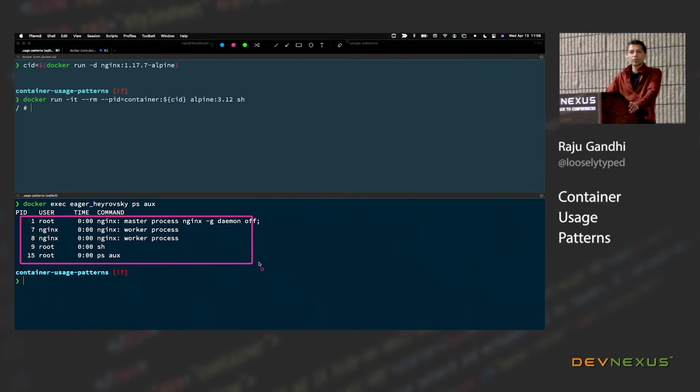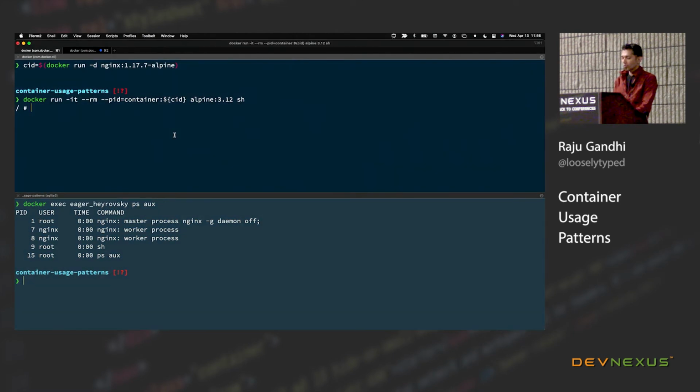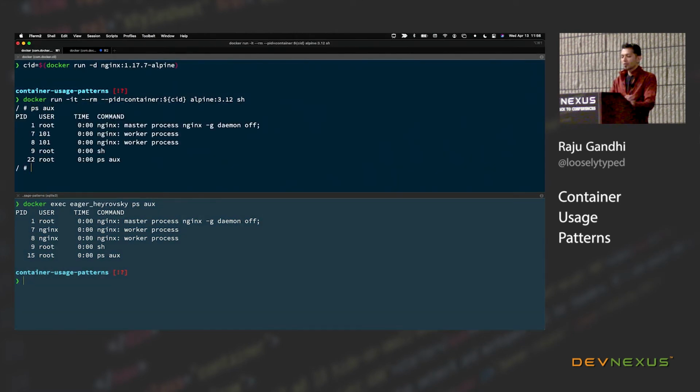Yes, everyone with me so far? Everyone knows what Nginx is. It's a web server. By default, Nginx runs a master process and 2 worker processes. However, this container that I'm running on the top one, notice this is an Alpine container. This is not an Nginx container, yeah? But if I were to go here and do a ps aux, what do you see? Tough crowd. Okay, what you are seeing is the process tables of the Nginx container,